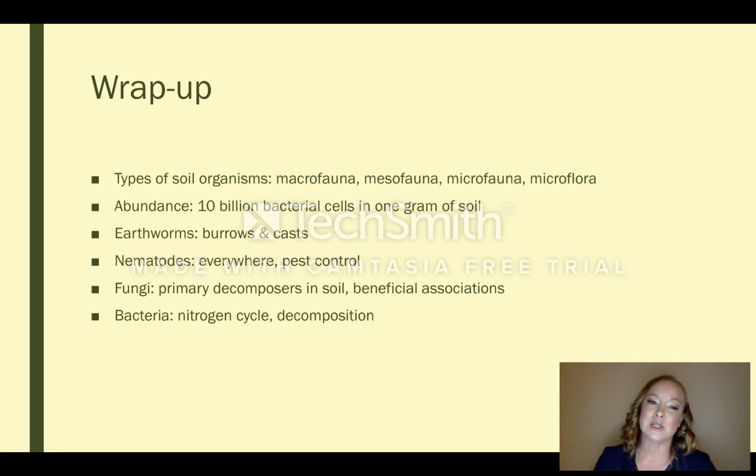To wrap this up, we talked about different types of soil organisms: macro, meso, and microfauna, and also microflora. We talked about the abundance of soil organisms in the soil system, 10 billion bacterial cells in 1 gram of soil. We also discussed earthworms and the benefits of their burrows and casts that they create throughout the soil profile. Then we talked about nematodes, their persistence almost everywhere, and their involvement in pest control. And then we talked about fungi, the primary decomposers in soil, and some of the beneficial associations they can make with plants. And we followed that up with bacteria and how they're involved in all aspects of the nitrogen cycle and also in